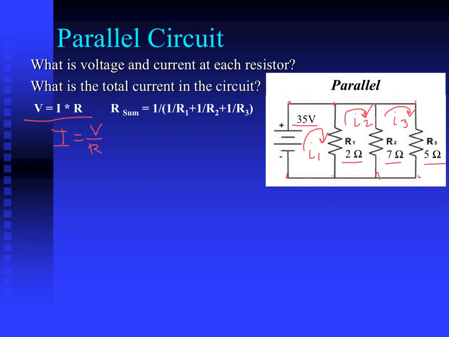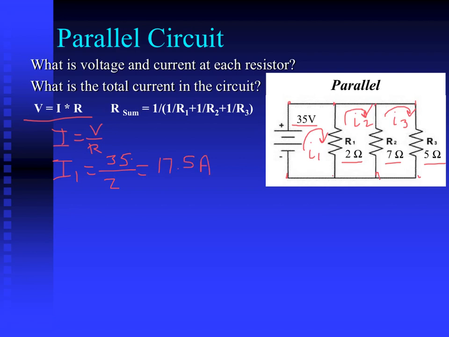So the current in the first circuit, I1, is going to equal the voltage, 35 volts, divided by the resistance in that first circuit, which is 2 ohms. So the current in that first circuit is going to be 17.5